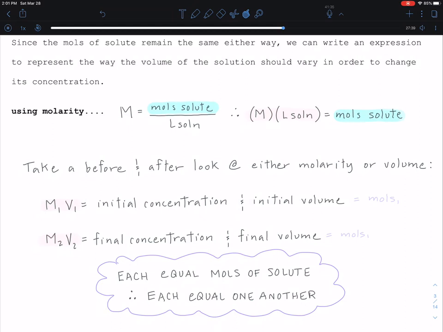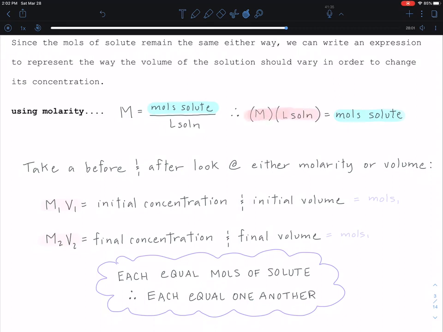And if I know that no matter what I'm doing, if I dilute it or if I concentrate it, I'm keeping the moles of the solute constant, I'm just varying the volume, then I can take a look before and after, and I know that I kept the moles constant, and the moles are going to be equal to